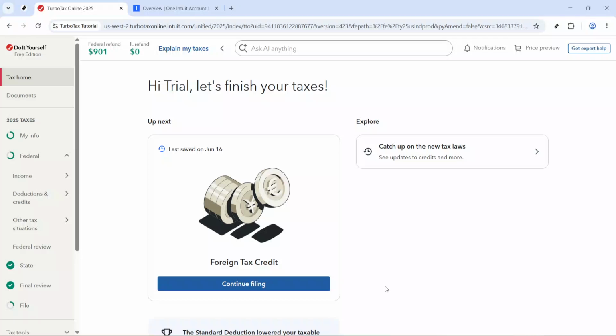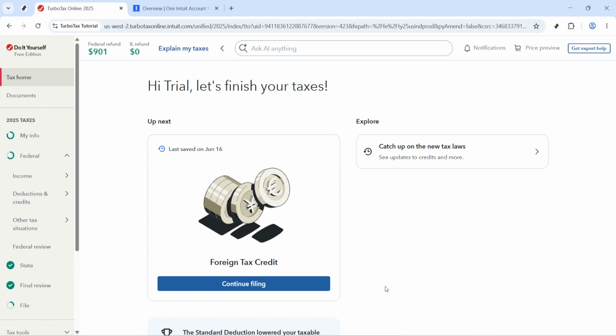In today's video, I'm going to teach you how to change your bank account info in TurboTax. If you need to update the bank account or payment information connected to your TurboTax account, the process is pretty straightforward once you know where to look. In this walkthrough, I'll guide you through the exact area where that information is managed, so you can make changes